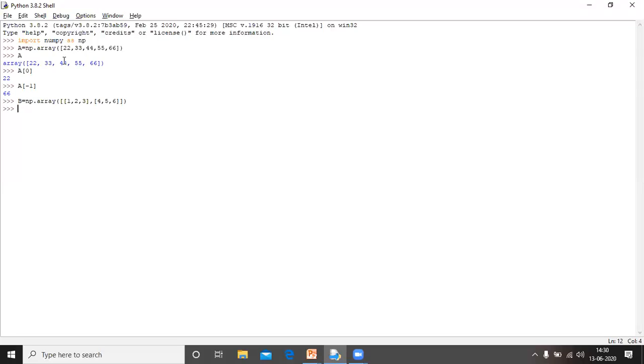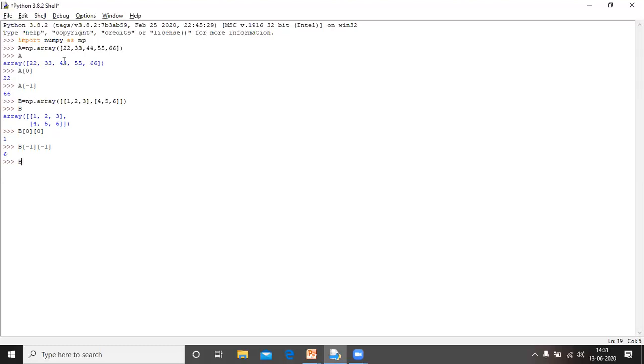If this is the array B, then I write B[0, 0]. It means first row, first column, which is 1. If I write B[-1, -1], it means last row, last column, which is 6.